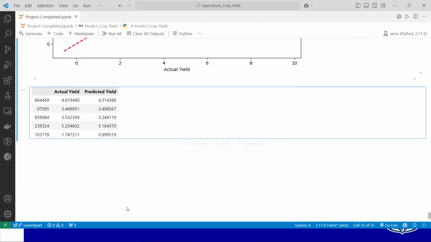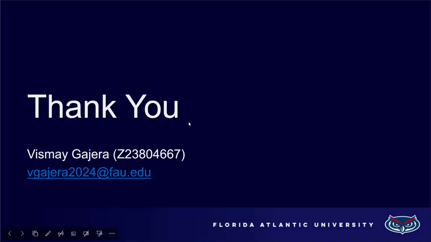So this particular pipeline helps us identify the different crops and utilize the different environment types and soil types according to the weather conditions as well. And this can greatly help the policymakers, the farmers, and also the agribusiness businessmen to have the optimal crop yield, utilizing the resources at their best.